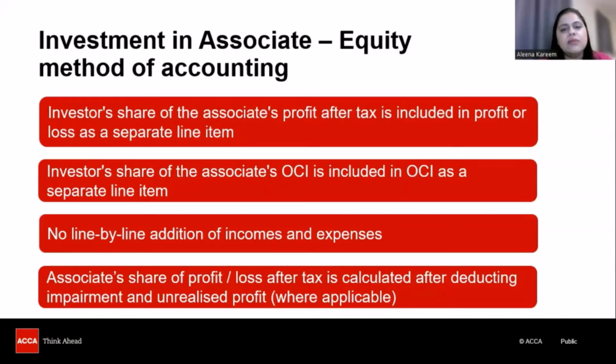unrealized profit. Please remember something that we are doing in statement of financial position automatically that's not going to update the statement of profit or loss. So in both the places, we need to go and independently do the adjustments. So the adjustments that we just discussed with respect to unrealized profit and impairment, we are going to adjust them